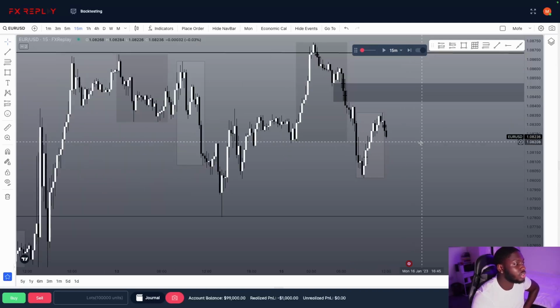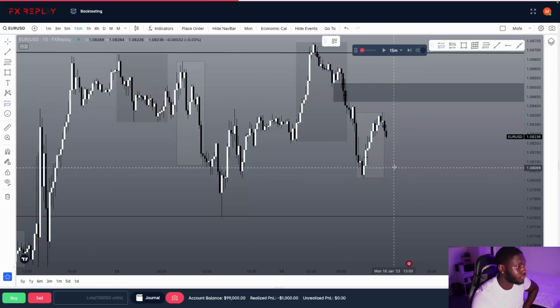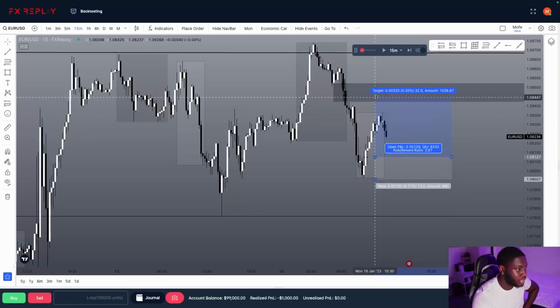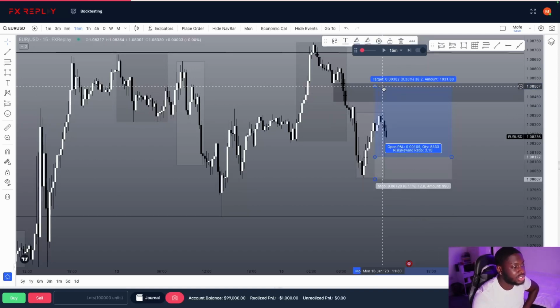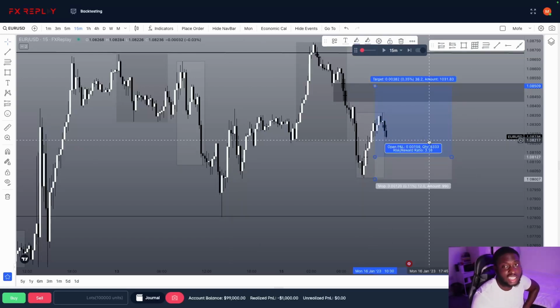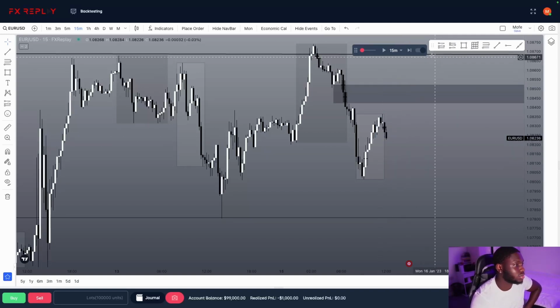If you're really, really interested in this area or this POI, this would be a valid buy right here, off this order block into this POI, which you can really stretch for a 1 to 3, maybe draw your fib levels and get a better entry, but I have no interest in taking this. I just want to go with the daily sells for this one because it's so compelling. But yeah, let's see what happens.